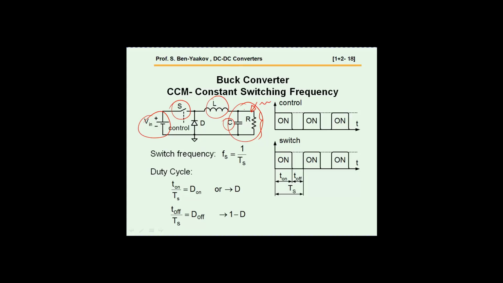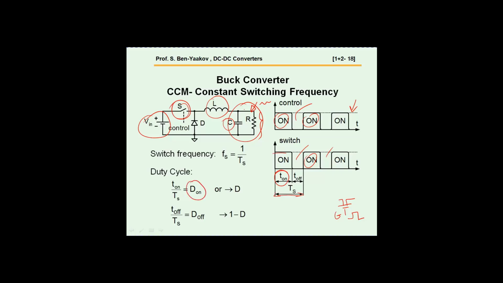So what is happening here is that this switch is turned on and off. Now obviously this is not a mechanical switch. It is, in most cases, a MOSFET transistor, which is turned on and off by some control voltage to the gate. Now here is the control signal, here on, this is the off time, on again, and consequently the switch will turn on, off, etc. It'll go on. So defining this as T on, and this is the period,